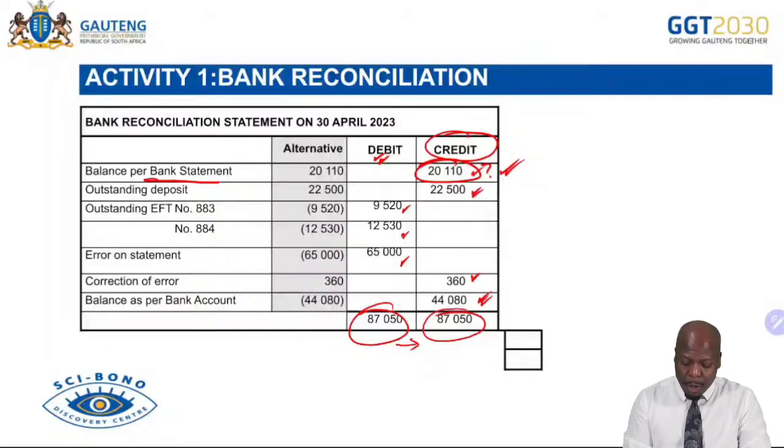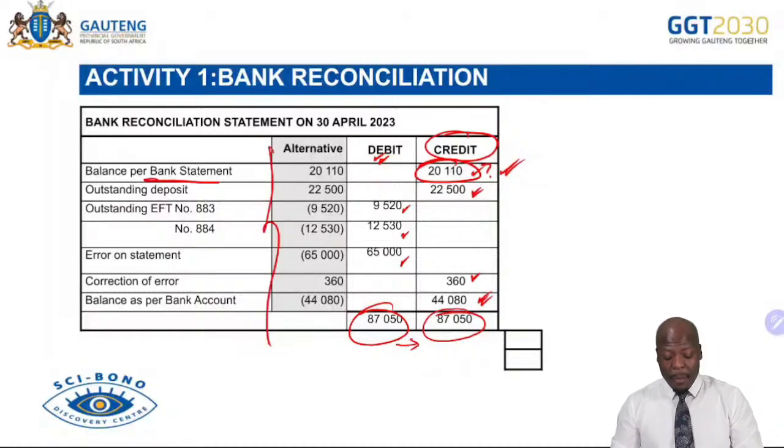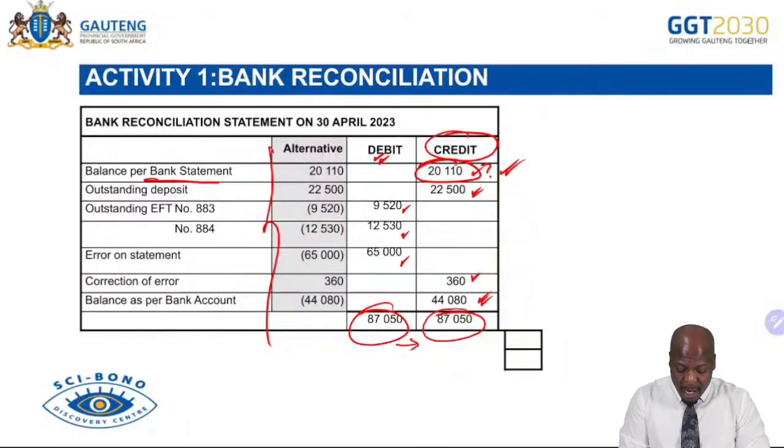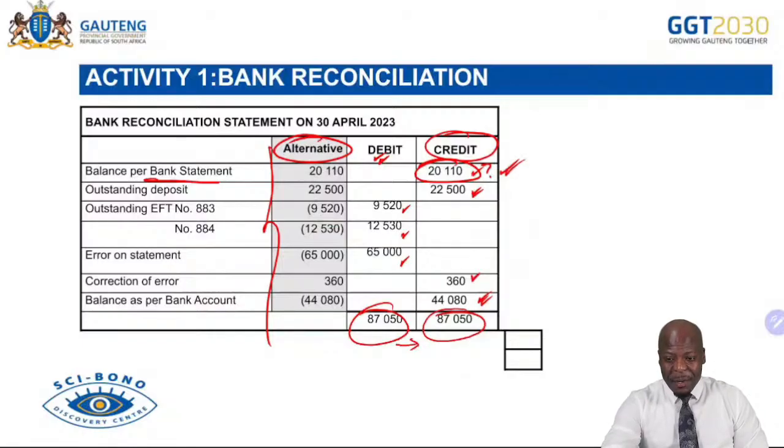The alternative is the single column one, which you see over here. But I said because of time, I am not going to touch much of this. I'm going to stick to the double column. Remember, in the exam, I've seen most guys who end up putting brackets in this double column. Please, if you are doing the double column, no brackets. You only use brackets if you are doing the single column, which is the alternative there. All right, if we're good, I'm going to move on to the next aspect. All right, if you're ready, let's move on to the next aspect of today's class.